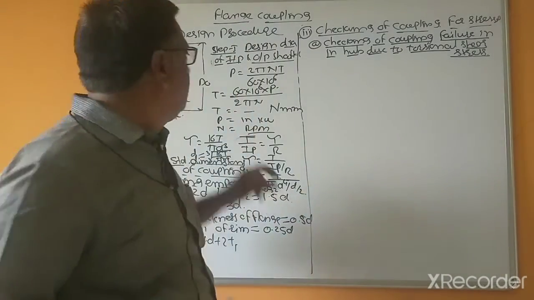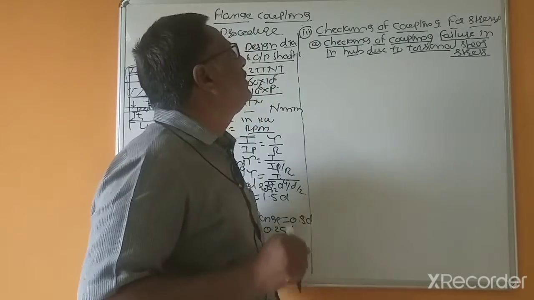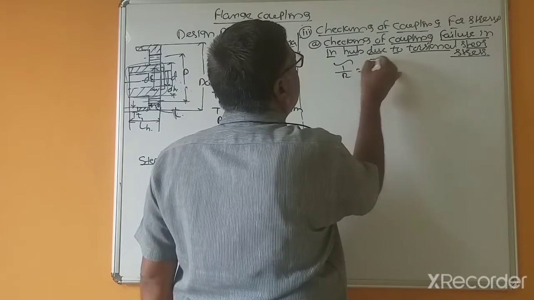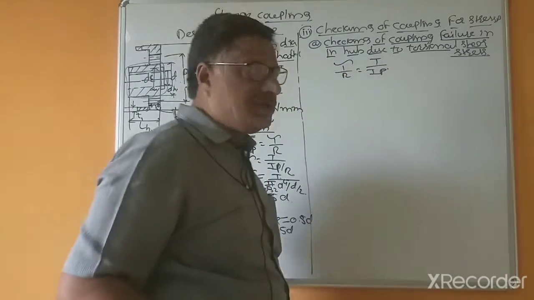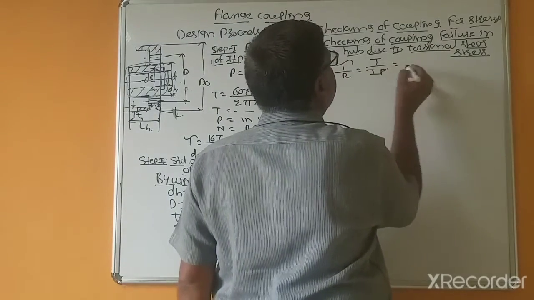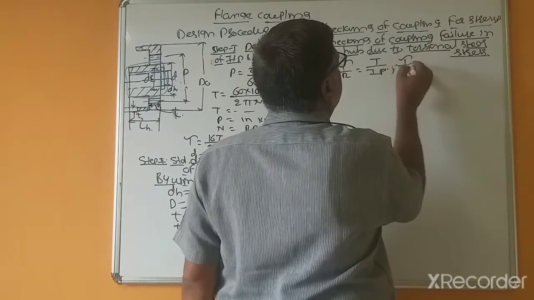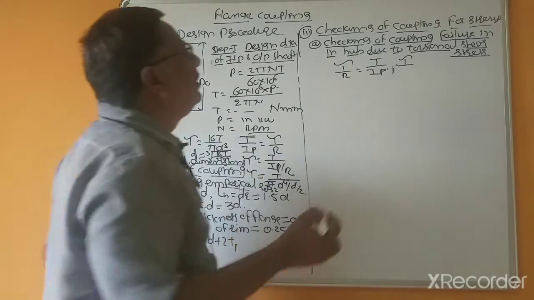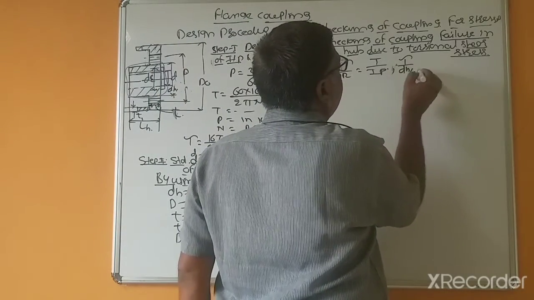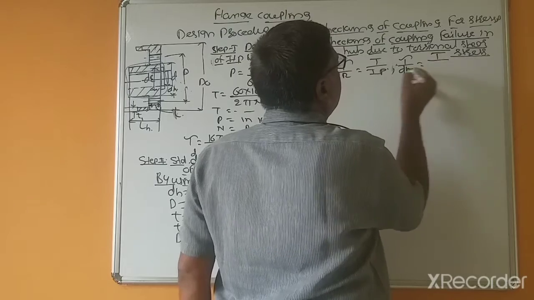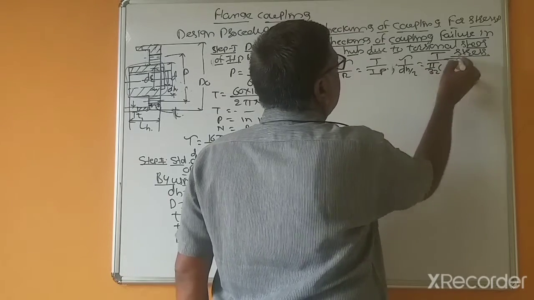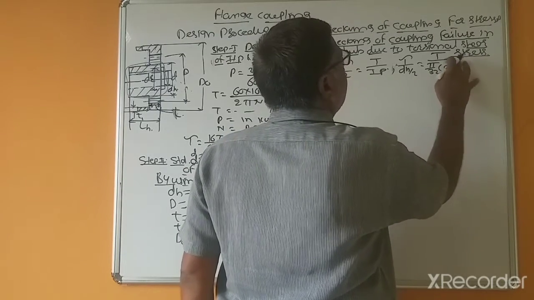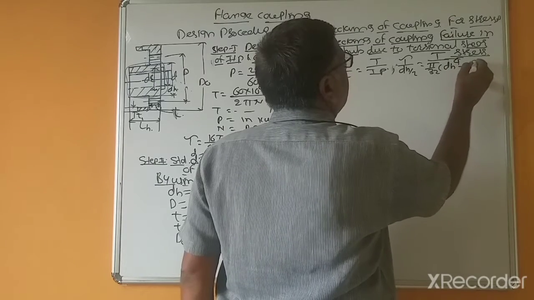Because torque is acting, there is no tensile force or compressive force, so that's why it is torsional shear stress. Use the basic formula tau divided by R equal to T divided by polar moment of inertia. Now the same equation you can write: tau divided by R, where R is the radius of the hub, so dH divided by 2, this is T the torque, and the polar moment of inertia is pi by 32 into the outer diameter dH to the fourth minus d to the fourth.